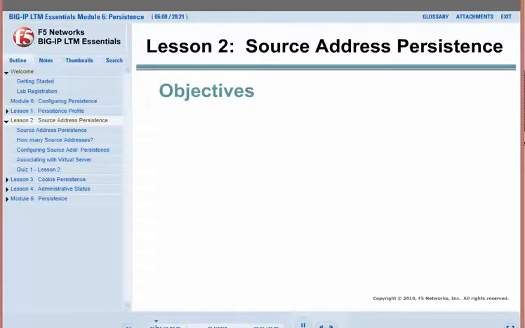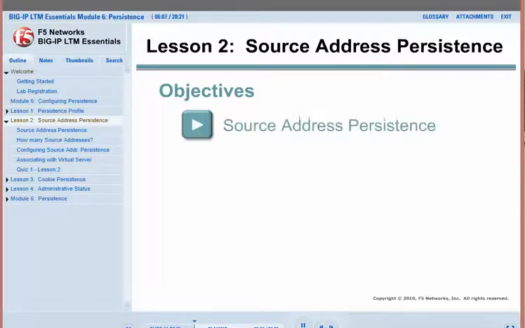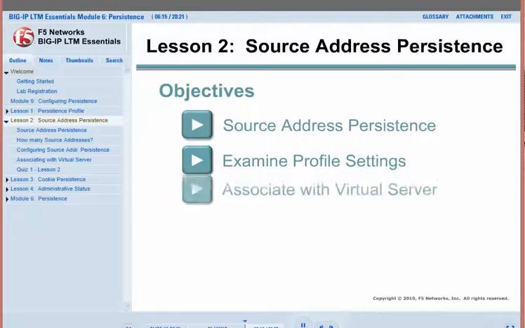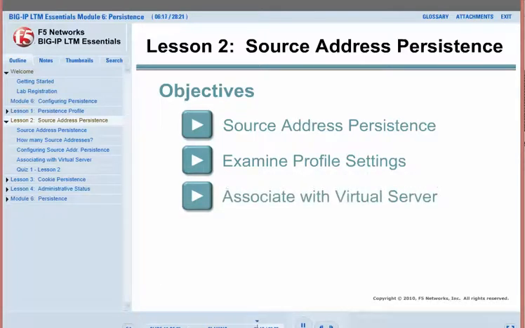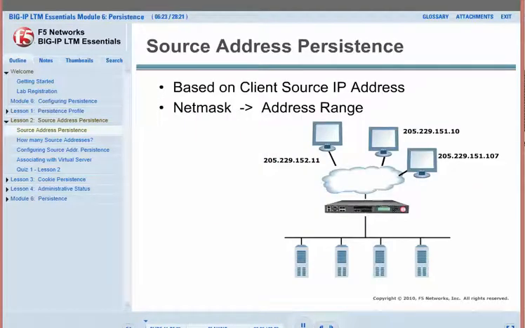Lesson 2. Source Address Persistence. After completing this lesson, you will be able to describe the key attributes of source address persistence, examine profile settings for source address persistence, and associate a source address persistence profile with a virtual server. Source address persistence supports TCP and UDP protocols and directs client requests to the same server based solely on